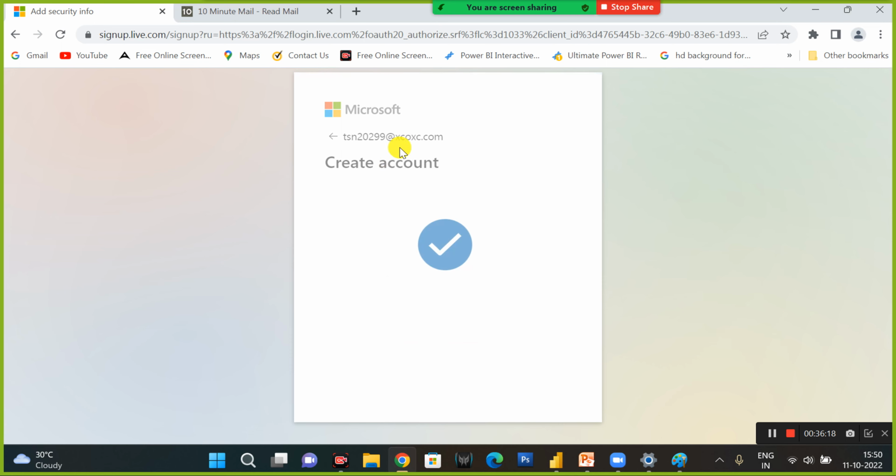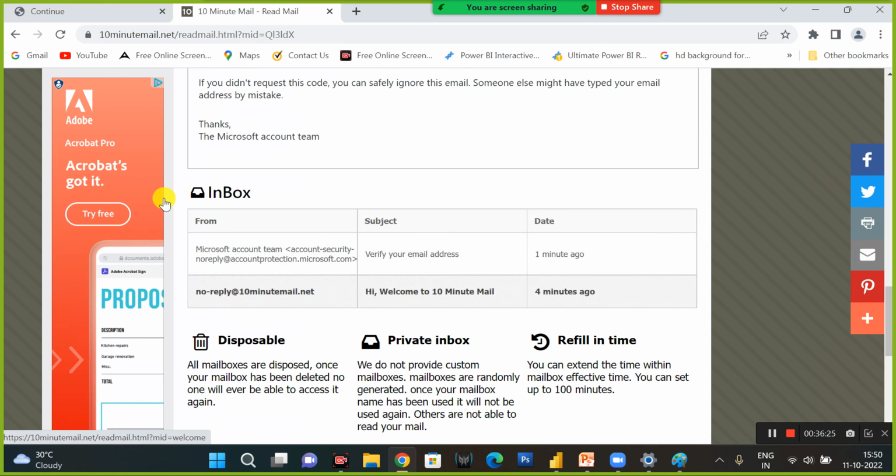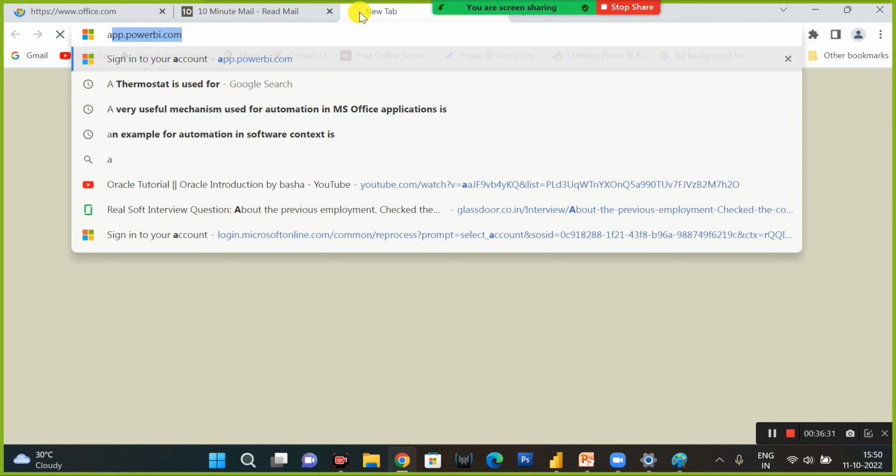The account got created from this mail ID, and after that you can use the Power BI